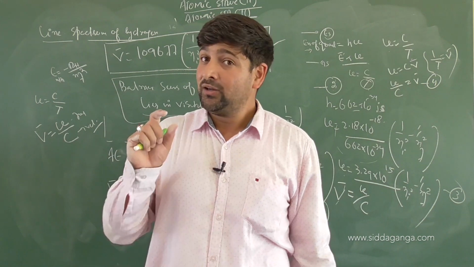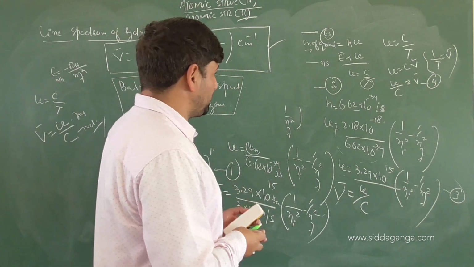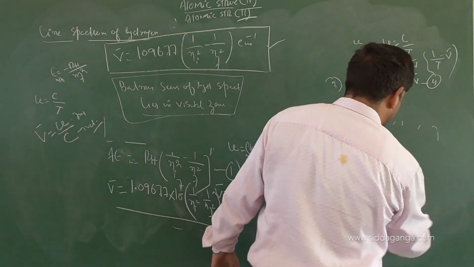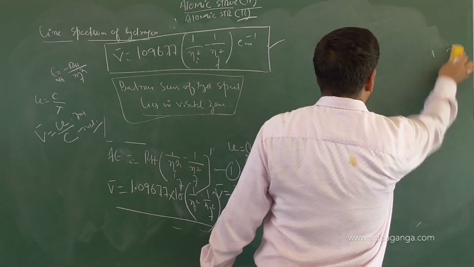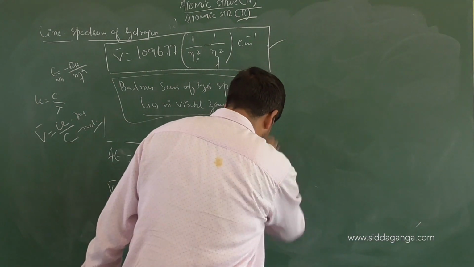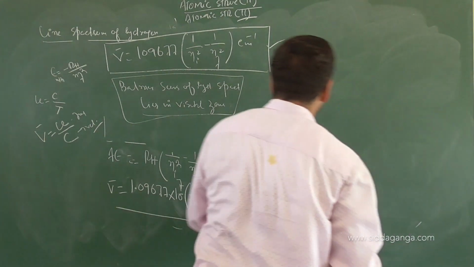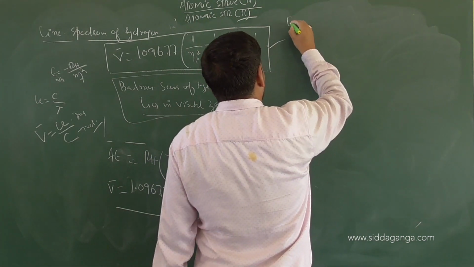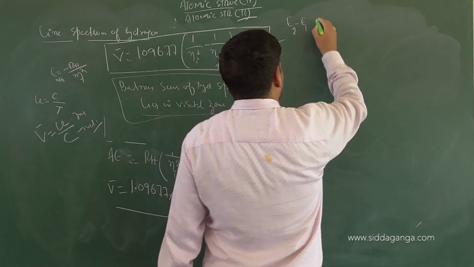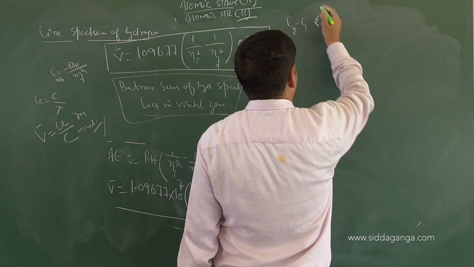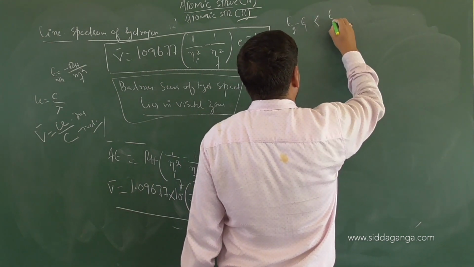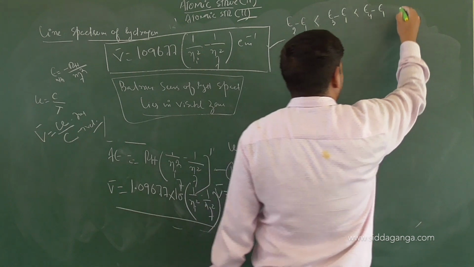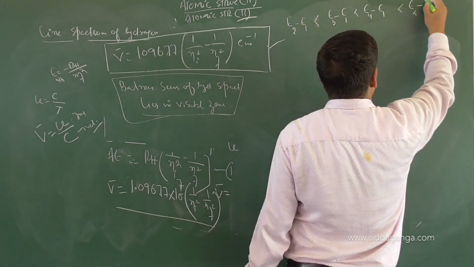Is it mathematically clear? Now have a look at the last equation through Bohr's model that we discussed. In my last class, what did I say about the energy differences? The first postulate I made was that in the hydrogen atom, or any uni-electron system, E2 minus E1 is less than E3 minus E1, which is less than E4 minus E1, which will be less than E infinity minus E1.